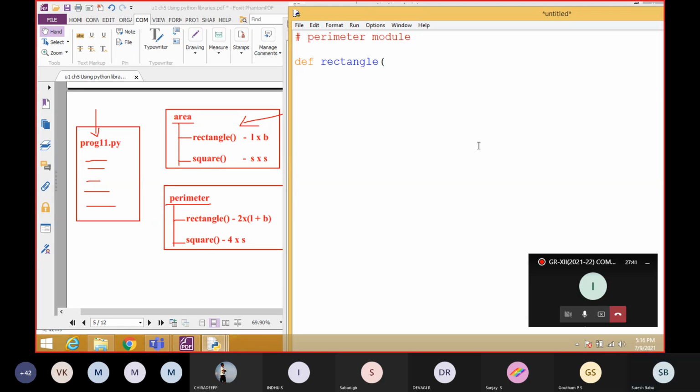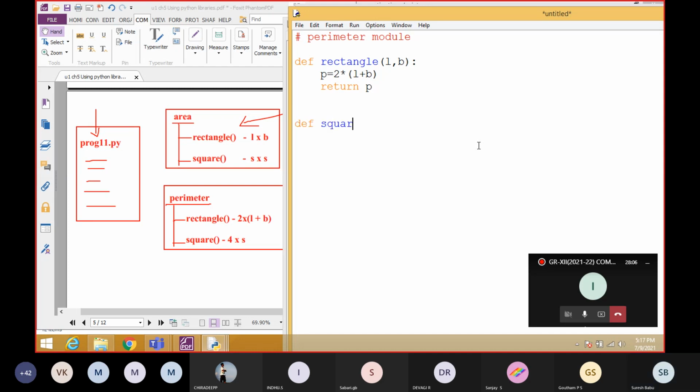So L comma B, what do we have to calculate? Perimeter. P equal to 2 into L plus B. This is the formula. After finding it, we can return the value, return P. Next function, what is the function name?